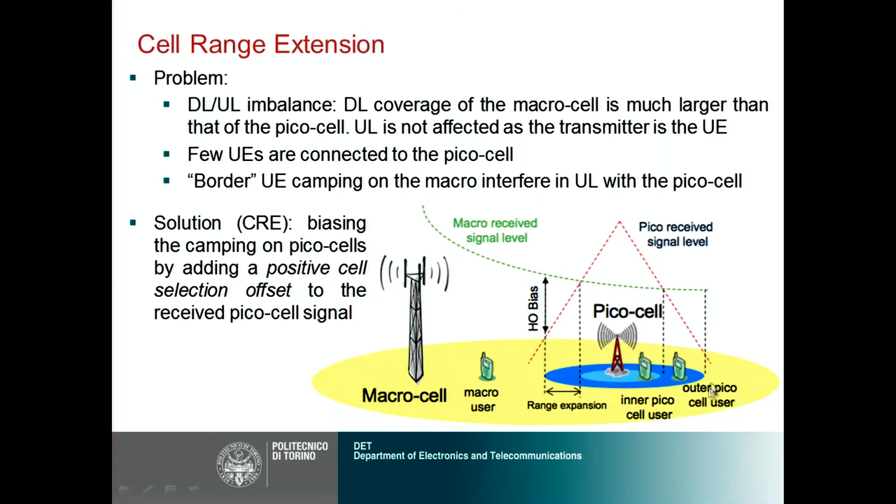In this way, even though the macro received signal is higher here, you still force the picocell user to associate to the picocell. And of course, this solves the two problems, because now we have a finer control on how large the picocell coverage is, because what you're doing is you are artificially increasing as much as you like. The offset may be played with, and indeed the offset is